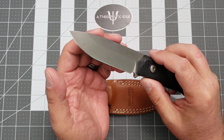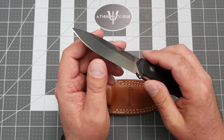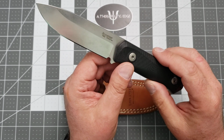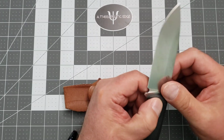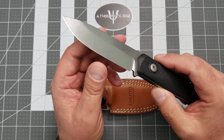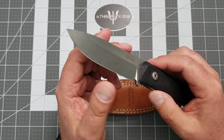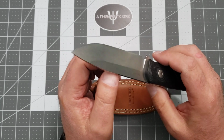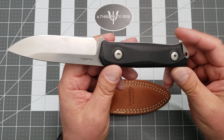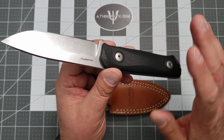Sleipner is, I really don't know that much about it, except that I know Lionsteel really likes it. My understanding is that it is modified D2 to be a little more rust and stain resistant. So you get a lot of the same really good edge retention and toughness features of D2 without worrying so much about rust. And that's good because this is a little oriented towards being an outdoors knife, like a field